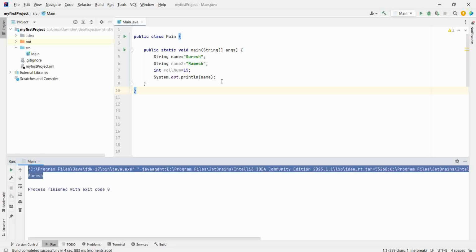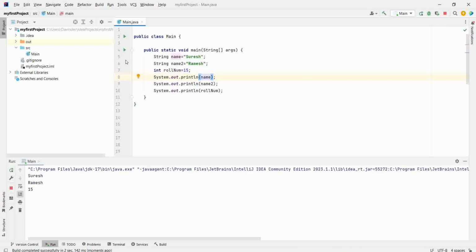Similarly, if you print name2 and you print rollNumber, then it will give you Suresh, Ramesh, then 15.